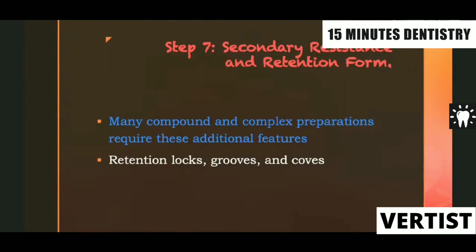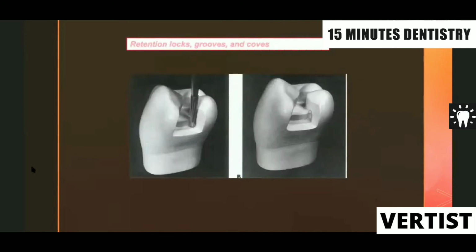So locks, grooves, and coves are secondary retention forms. Here you can see you're using a tapered fissure bur to make a groove in the axiopulpal